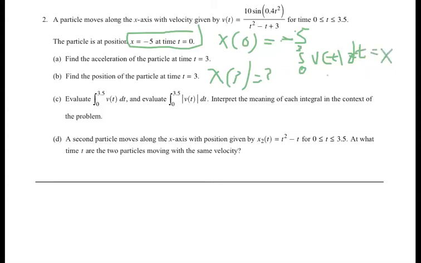x of 3 minus x of 0. So we're going to take our calculator and plug in what the integral of v of t is and get that. You know that this stays x of 3, and then we get minus negative 5, which would be plus 5. Plus 5 over here, and then we're going to subtract 5 from both sides. And when we're done with that, we're going to get x of 3